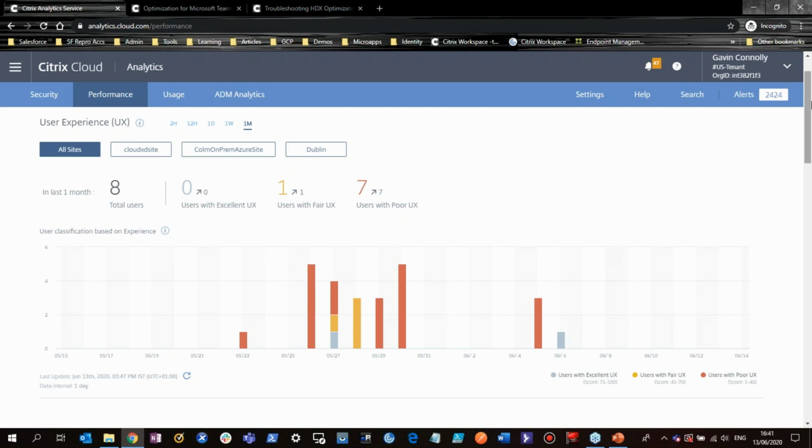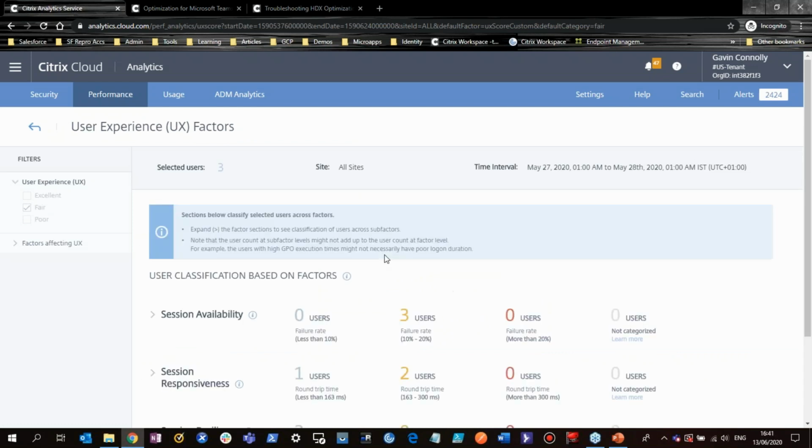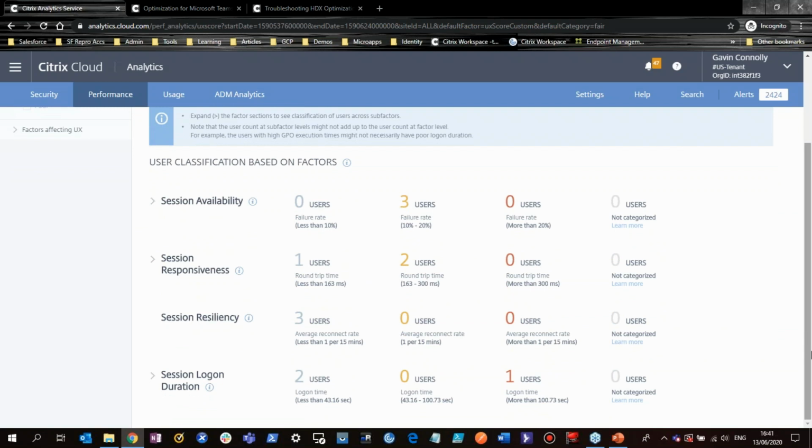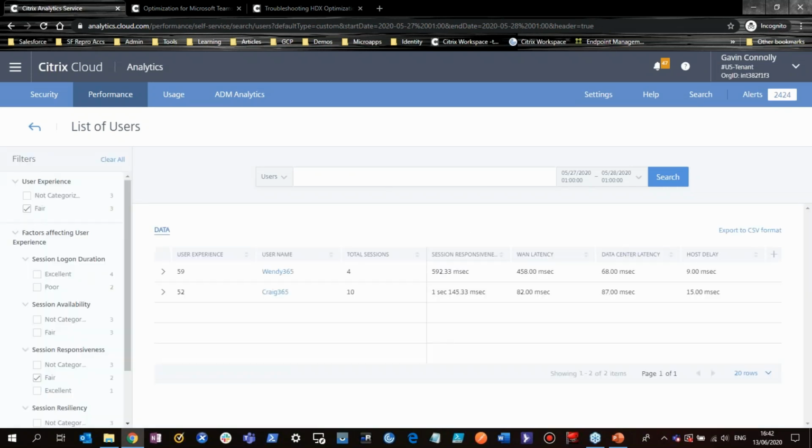We put a workload in Azure East in the US, and we used an on-prem gateway. What I particularly liked about this is it's not the red, it's the yellow, or yellowy orange, I suppose, is the color. You can now see from a performance analytics perspective across multiple sites, whether cloud-based or on-prem, that brownout type of scenario where a user isn't actually having a full failure. So they're not ringing a help desk to say my session won't launch. Their session is launching, but they're not getting a very good experience because they have issues.